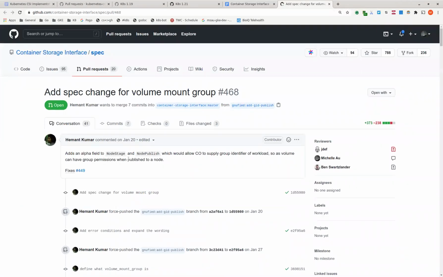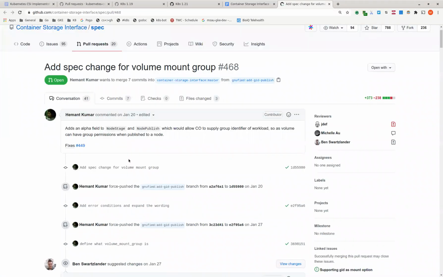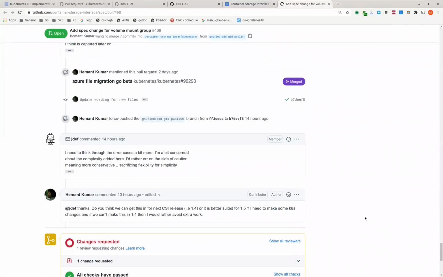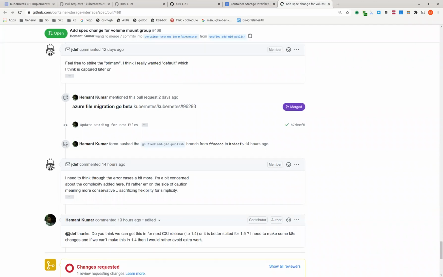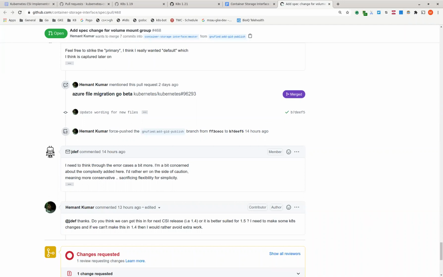Okay, so James had a comment yesterday. There were two things. One was about the intent of mount, what should happen with the new files. Originally my concern was that it is too specific to just call out new files. The new files should be readable and writable by the volume mount group.